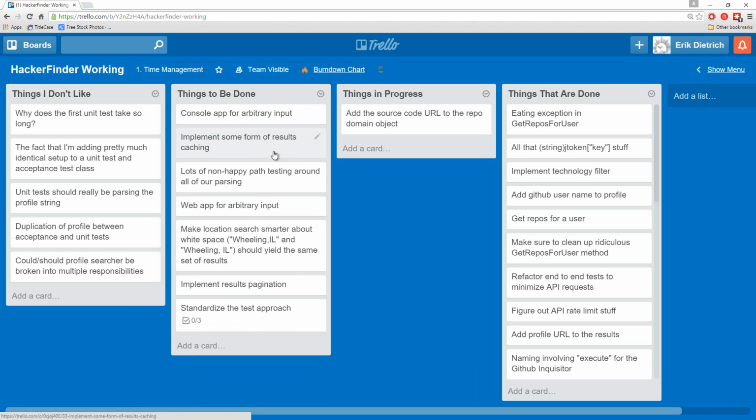This is maybe a good thing to chase today, or at least in this episode. Implementing results caching, I think, is going to be important. And pardon me, I'm kind of thinking out loud here, but I think with what I'm doing, I'm going to start to bang up against these rate limits pretty quickly. And so either I'm going to need to do some caching, or I'm going to need to figure out the whole authentication to buy myself a little more time. But I feel like if I could do the caching,